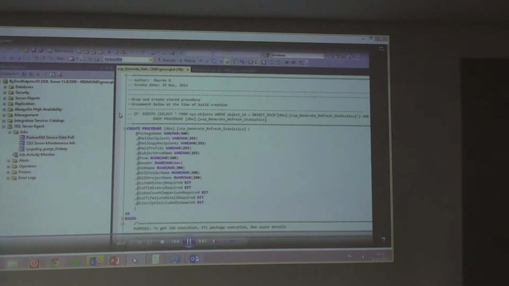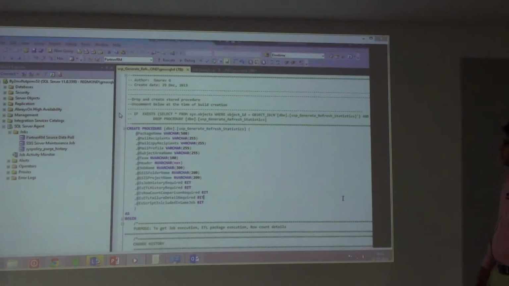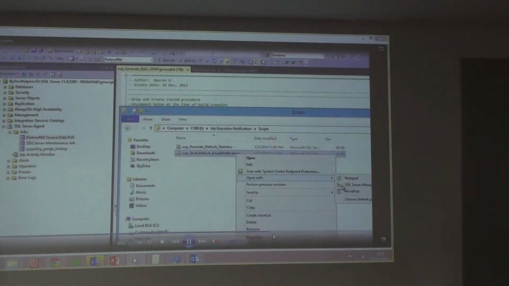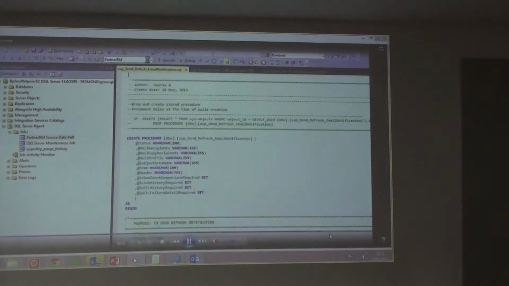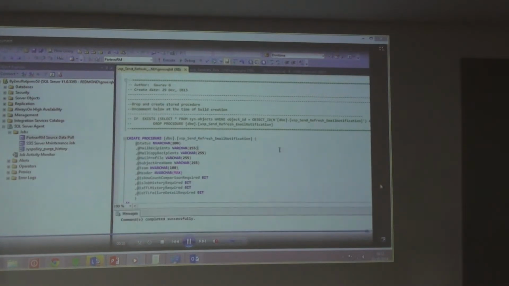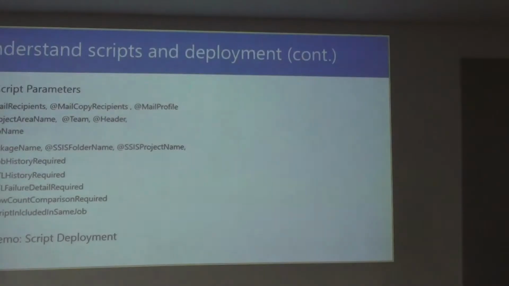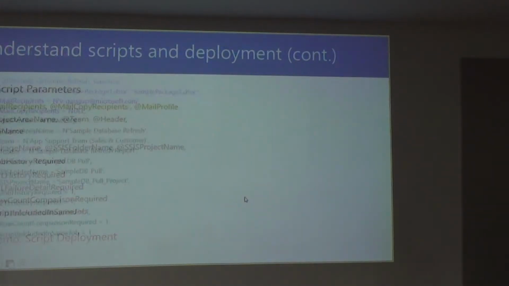Okay, make sure you are executing in the correct database. So after executing this, we have successfully deployed the script. And again, nothing rocket science over here.